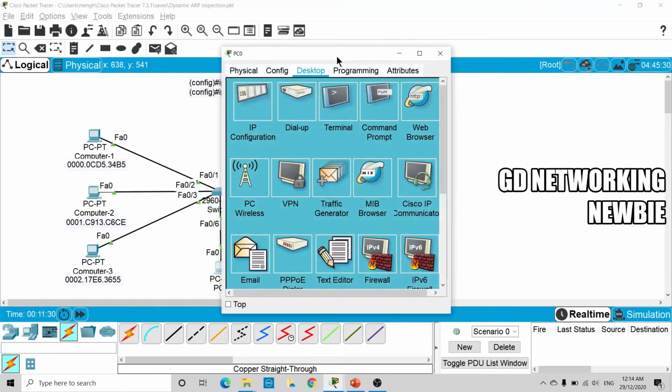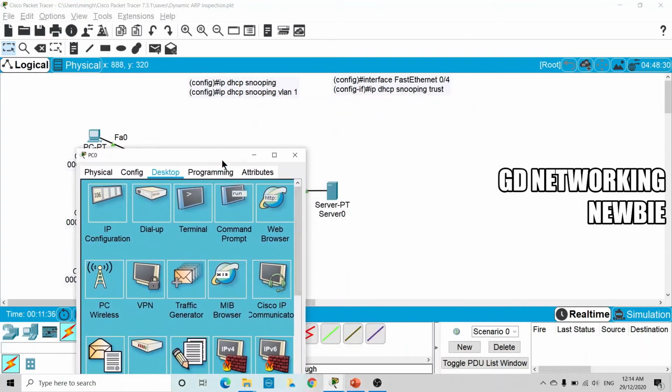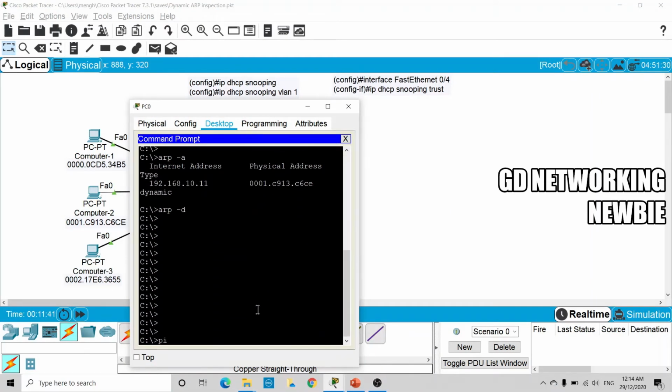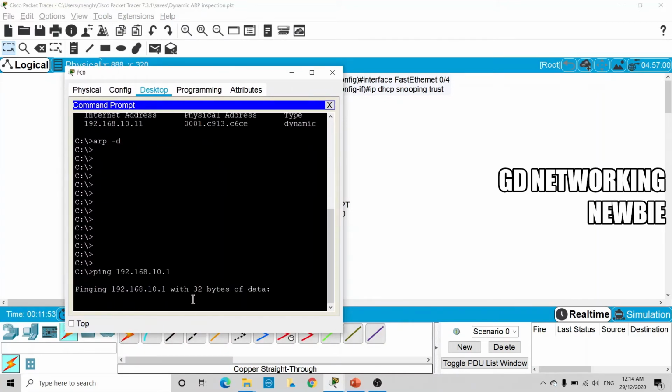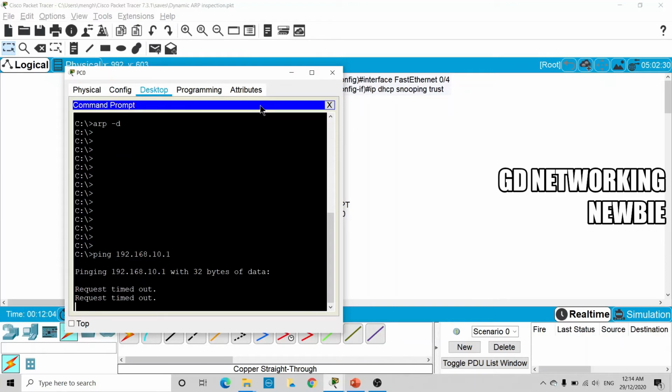So let's see now if this computer is able to access any other computer. Maybe we can try the DHCP server this time. So we go there and then we say ping 192.168.10.1. This is the IP address of the DHCP server, and we want to verify this one. So we press enter, and now you can see this computer is not able to access the DHCP server because that computer is using an IP address